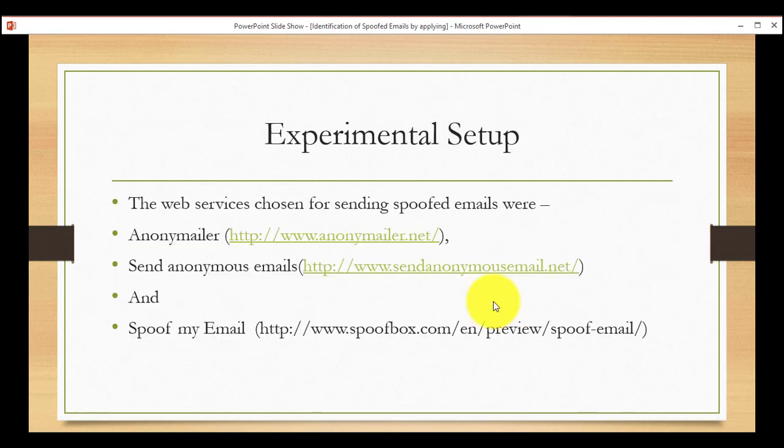So let's look at some experimental setup. These are some of the websites you can use to send a spoofed email or anonymous email. Let's say we use any of these to send a spoofed email, and then we use a genuine email service provider or mail client like Google, Outlook, or Yahoo to send a genuine message. And then we try to analyze the various